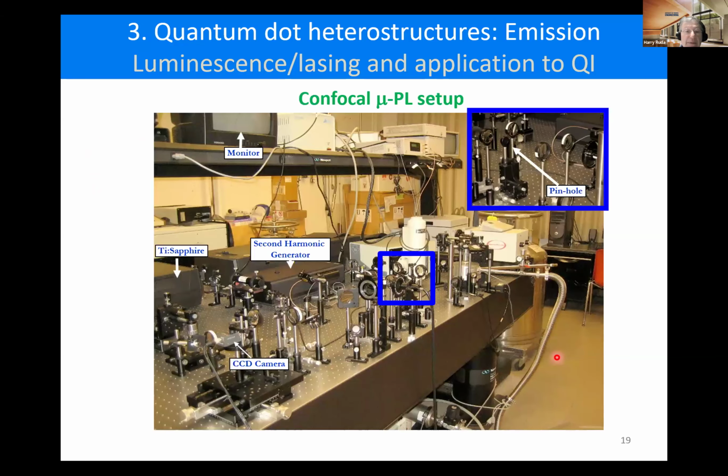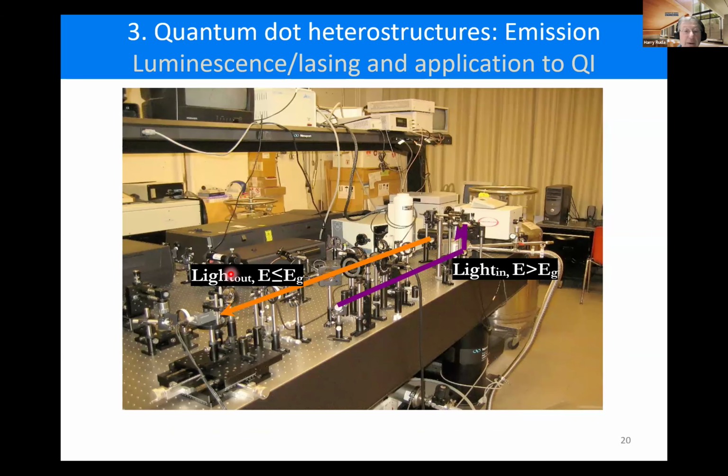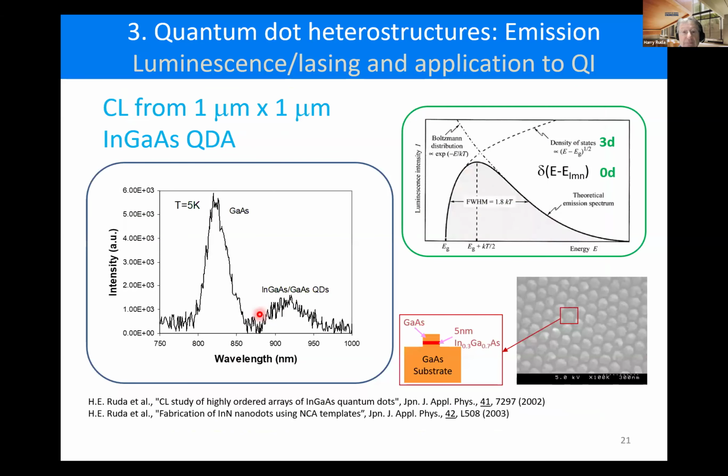So the system looks something like this. It's on a bench. You've got the titanium sapphire sitting at the back here. You've got an OPO. The pump is sitting behind here. The camera and all this part here is part of the confocal imaging system. Here's the helium cryostat, the streak camera, the spectrograph, and so forth on this bench. And you can see the light paths coming in and out essentially through the microscope. We can look at dots individually, but with less efficiency, through cathodoluminescence, that is, using a scanning electron microscope at low